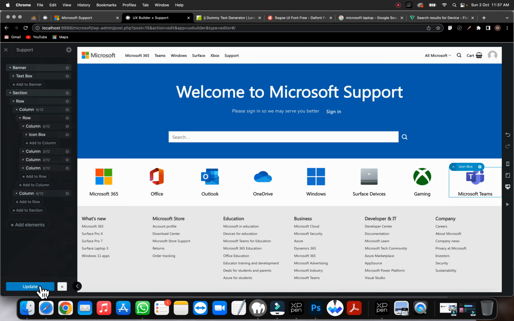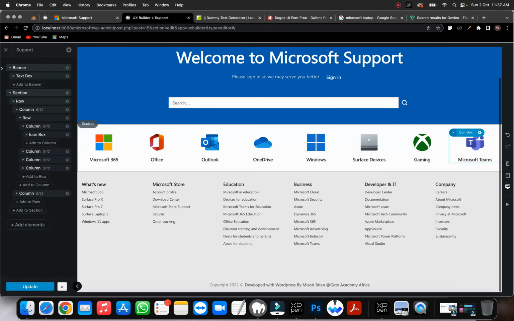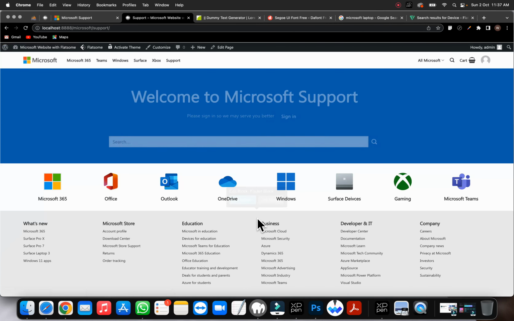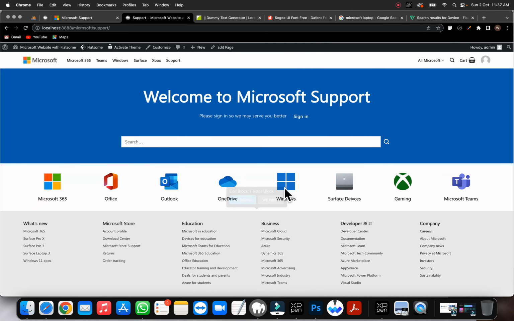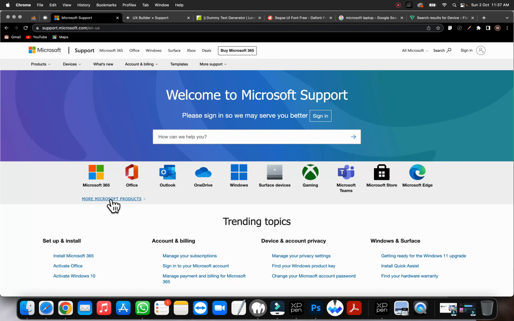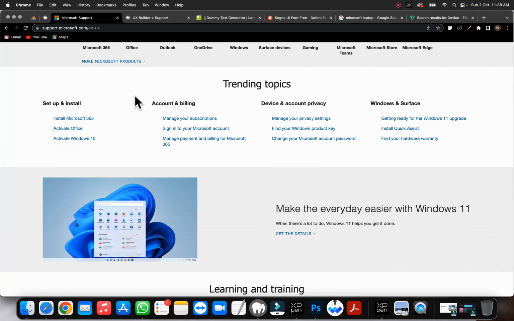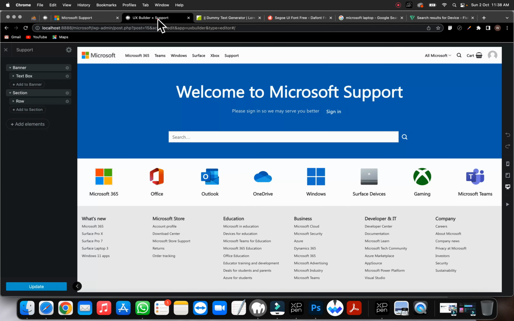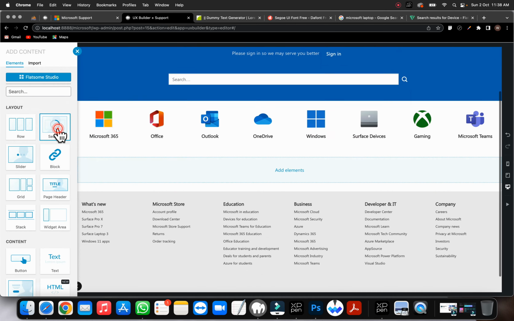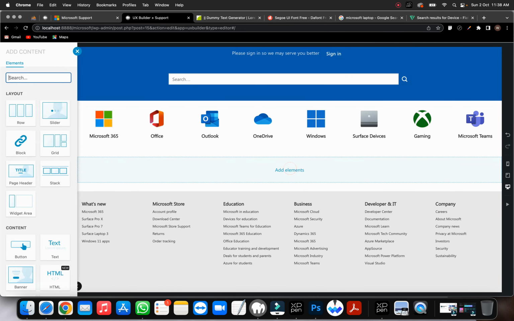Okay, so I'll publish that, and then we have this. Voila, this looks good, really good. I'm so much in love with the site. Okay, I'm going to continue, edit with UX Builder. What else is left? Trending topics, same thing. I think this is fairly easy for anybody to do. Go over to sections, make this a